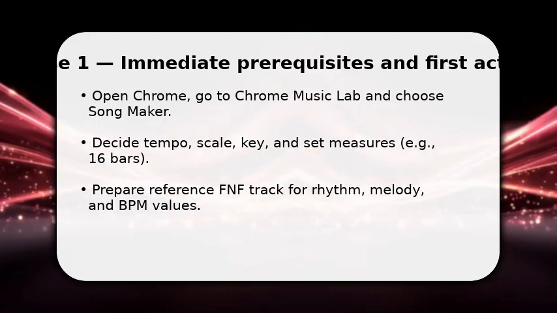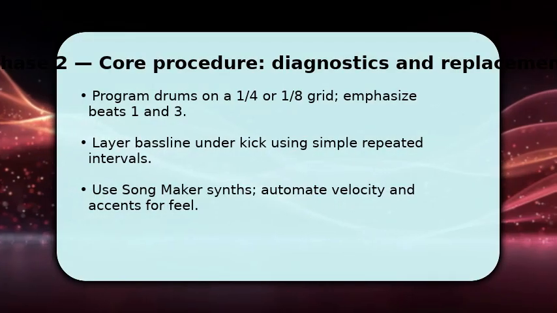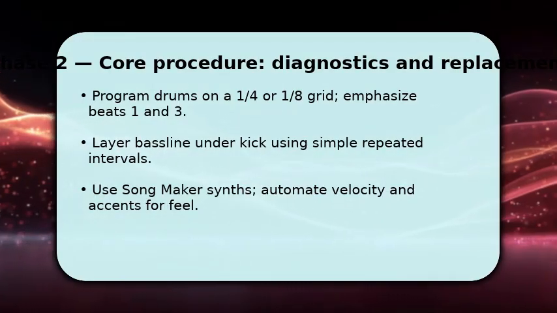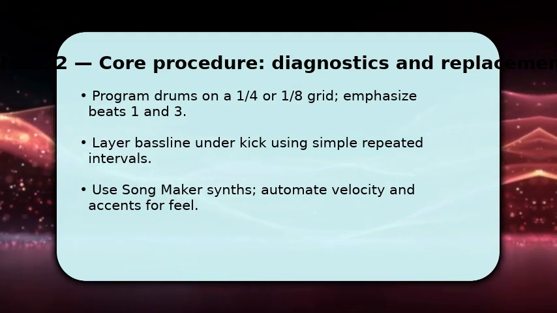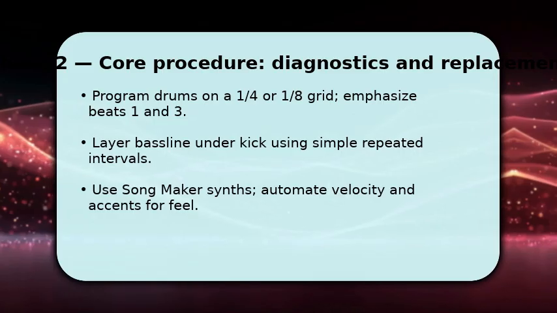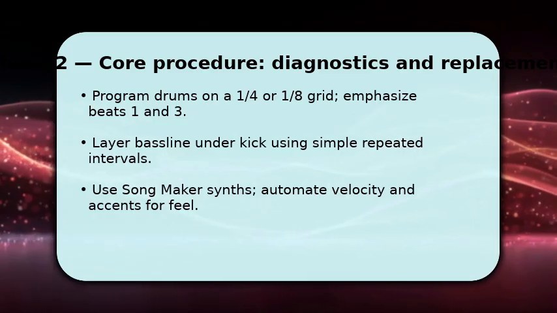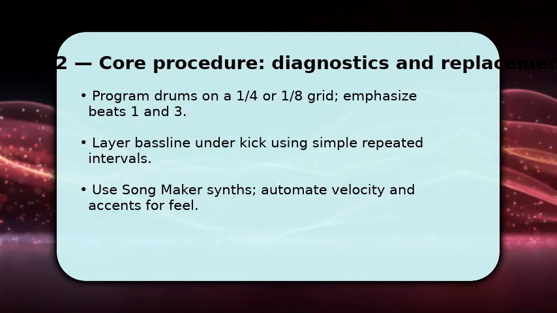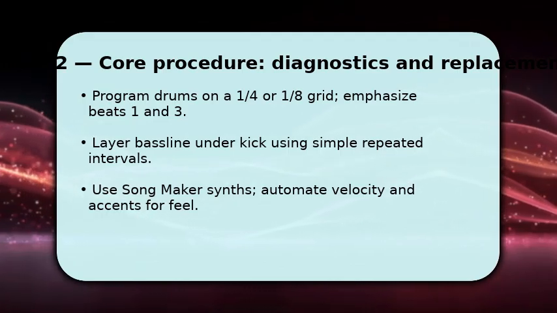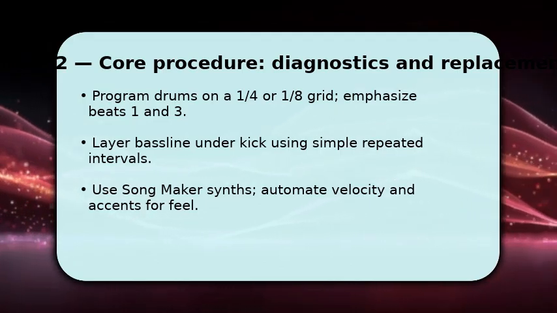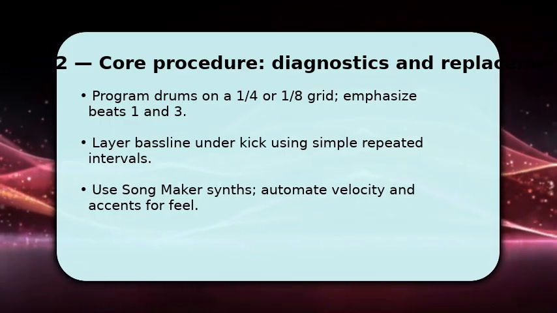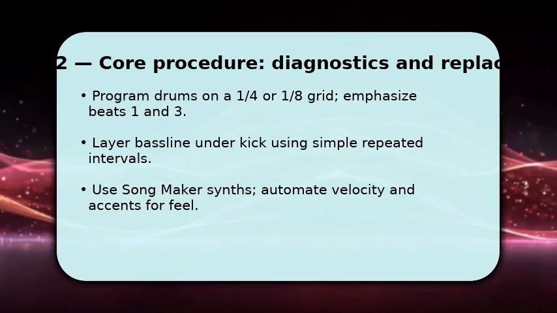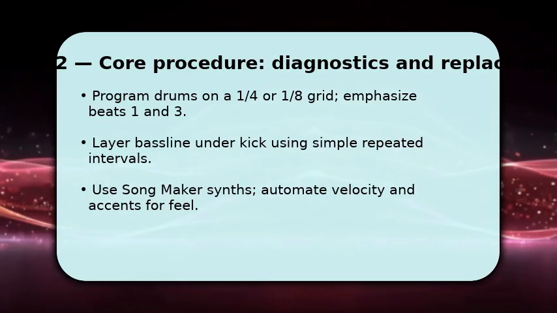This saves guesswork later. You now craft the beat, place kicks on strong beats and add hi-hats on eighths to replicate FNF drive. Build a bass line that follows root notes and locks with the kick, because low-end cohesion creates punch. Use the synth instrument panels to pick a tone, and vary velocity to simulate human feel, softer offbeats and louder downbeats. Once done, loop 4-bar sections and listen for phase issues, then adjust timing slightly to keep the groove